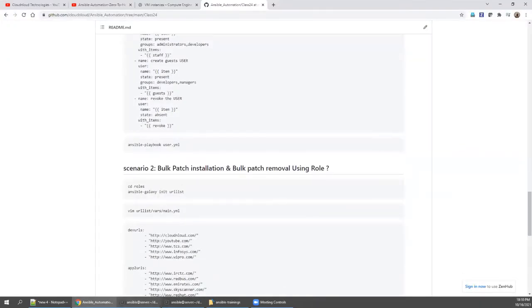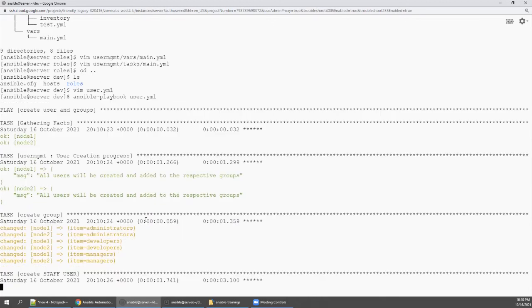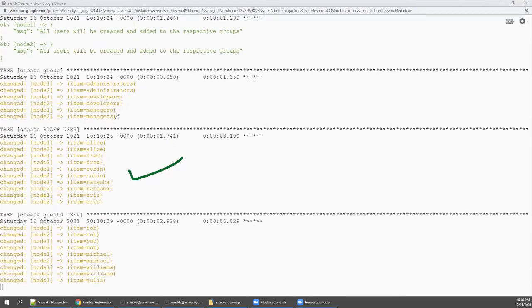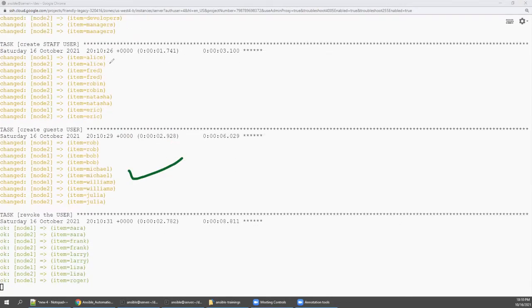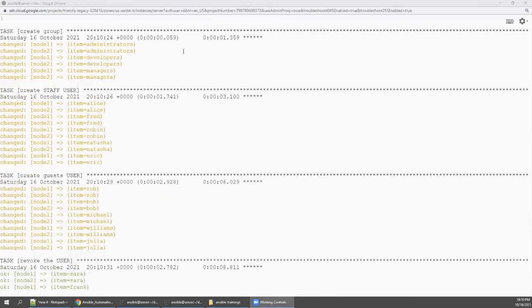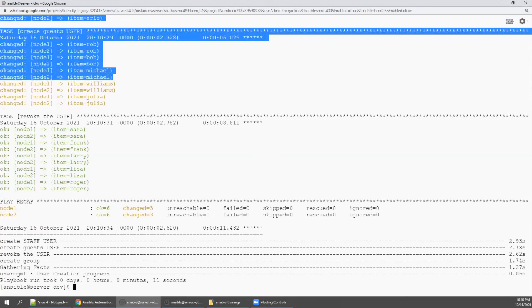You execute this. So we are getting created. First, the groups are getting created: administrator, developers, managers groups get created, and the user alias will be created, and if you go above, the alias will be created, and Fred will be created in node 1, node 2, and Robin will be created in node 1, node 2, and Natasha will be created in node 1, node 2, and Eric will be created in node 1, node 2, and come down, Rob, Bob, Mitchell, these are all guests, right?